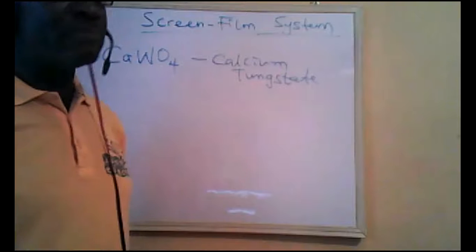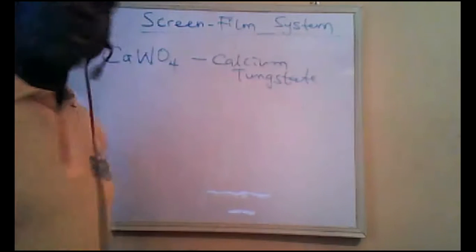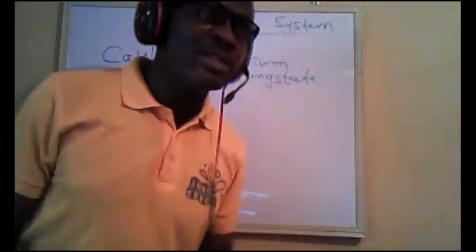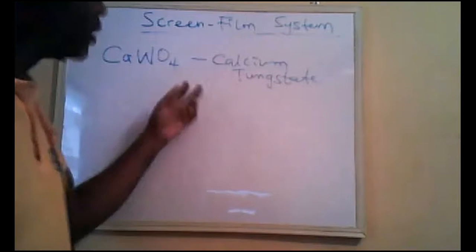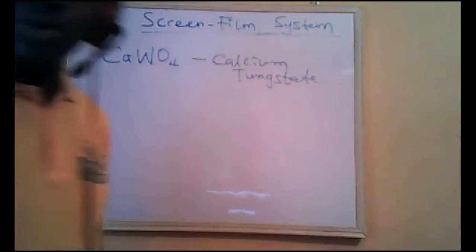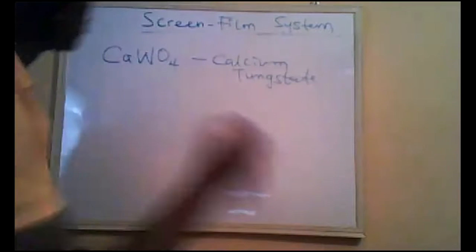It has an absorption efficiency of about 5%. So when gadolinium oxysulfide came into the foray, it replaced it quickly because it had better efficiency. And from there, we can also have